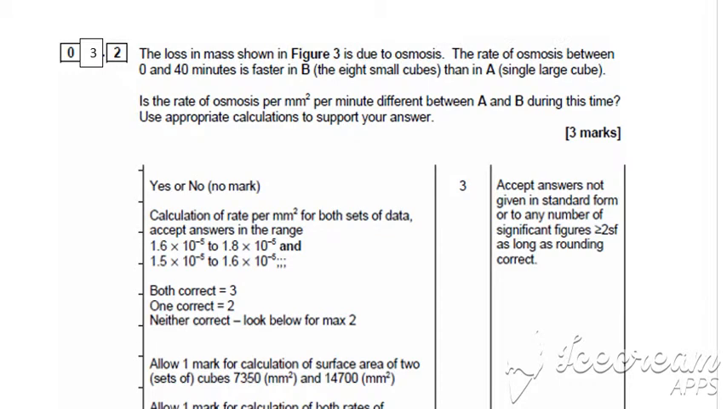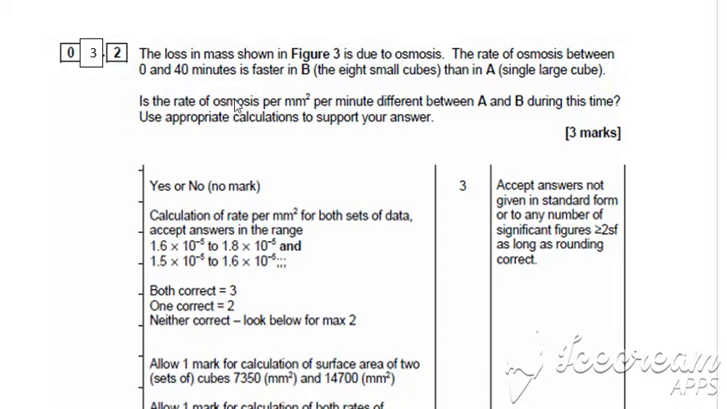Question 3.2. The loss in mass shown in figure 3 is due to osmosis. The rate of osmosis between 0 and 40 minutes is faster in B, the small cubes, than A, the large cube. Is the rate in osmosis per millimetre squared per minute different between A and B? And use appropriate calculations. So we'll need to calculate the rate, and we need to take into account the fact